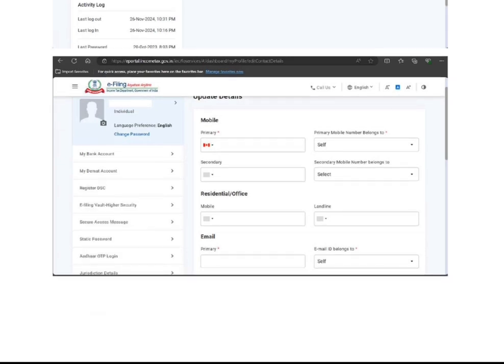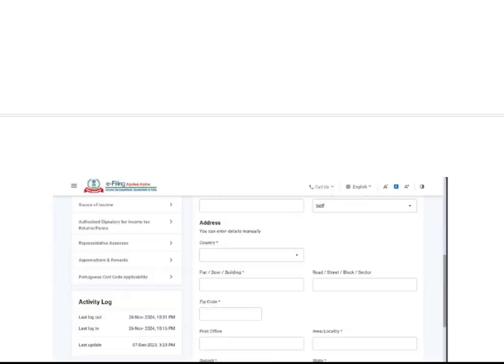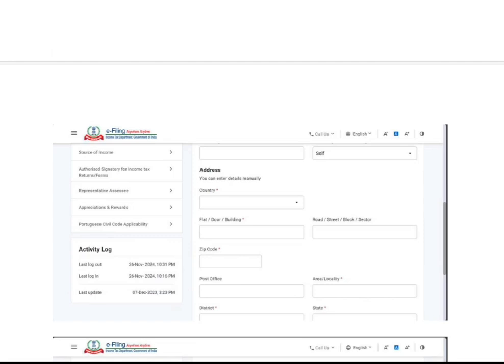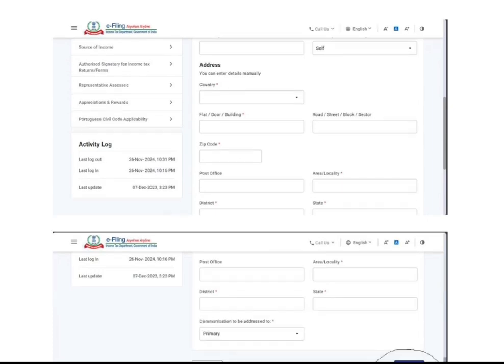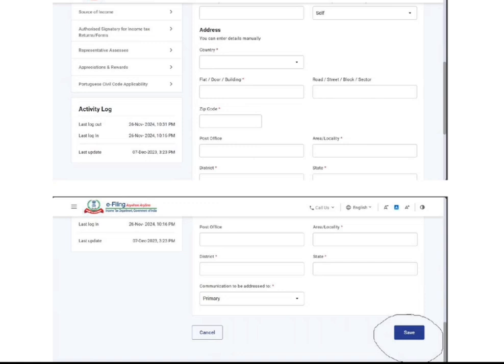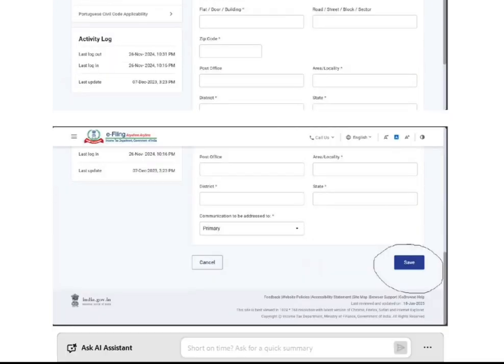Okay. Now you can put your details, residential, office, email. On the same page itself, when you scroll down, you have the option for address, country, and all other information: district, state, road, street, block, sector, zip code, post office. So once you add the information, like when I opened my profile, I had data in this, but I have wiped that out for confidentiality, and then at the end, click on save. So that is how it works,